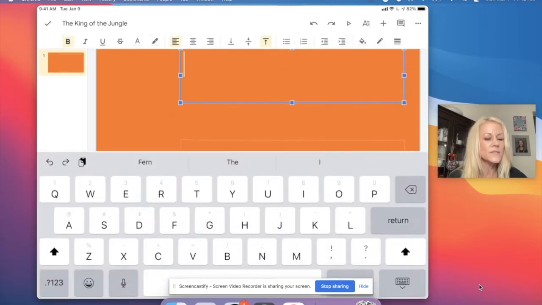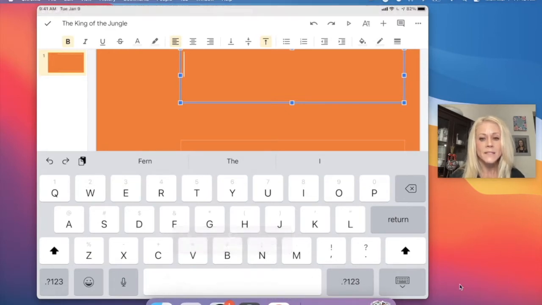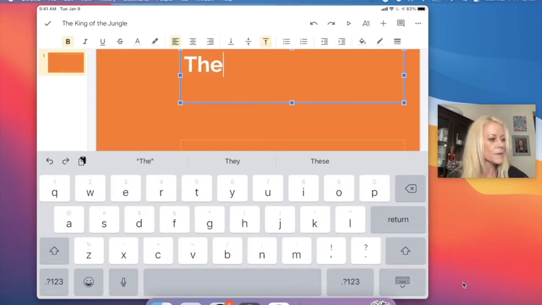I'm going to double tap on that ever so slightly. I will tell you that Google Slides is relatively sensitive with finger gestures. So you want to just tap 1, 2 real quick, and it's going to have a blinking cursor that will appear, and your on-screen keyboard will also appear. So once that does appear, you can begin typing. So I'm going to type the lion,